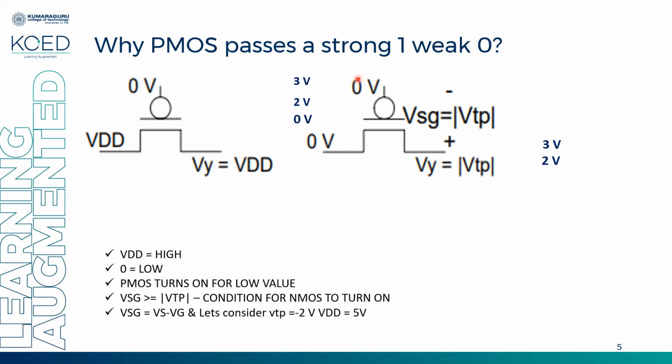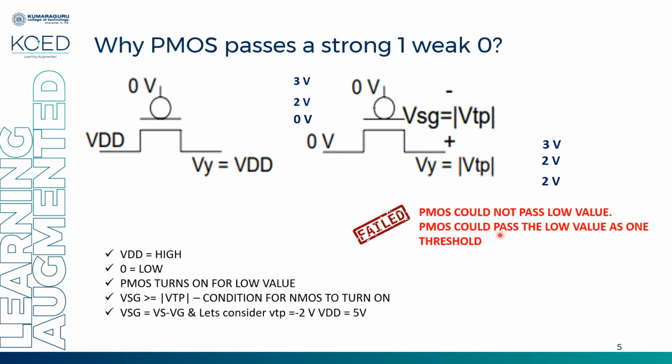What happens? 0 minus 0, 0. So it is not greater than mod of VTP. This transistor will be in off condition now. So it will not pass the value of 0 here. But the already retained value of 2 volt will be obtained as the output. So exact 0 will not be obtained, but a little higher voltage will always be obtained. So it is a weak 0. If it is a perfect 0, it has to be 0 volt. But you can get from 0 to 2 volt.